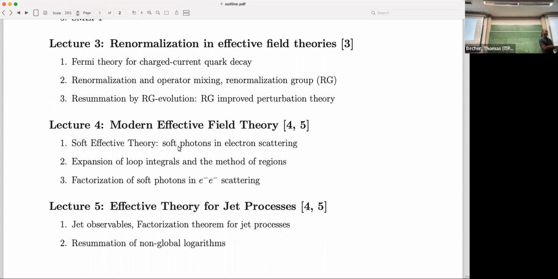Yes? To make it non-relativistic, do we need to do anything else than change the signature of our metric? Don't change the signature of the metric. Oh, not at all. No, basically you just need to, one thing that is weird and makes this a bit complicated is that you have the kinetic energy.